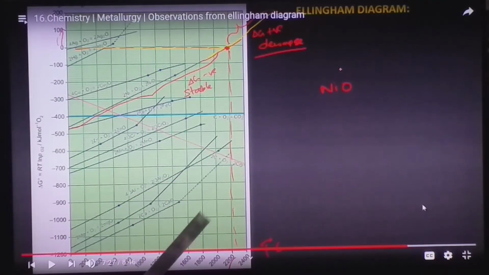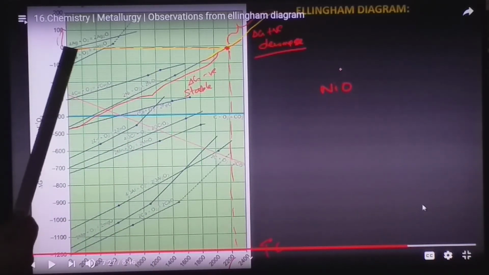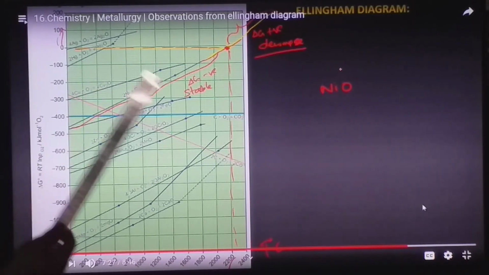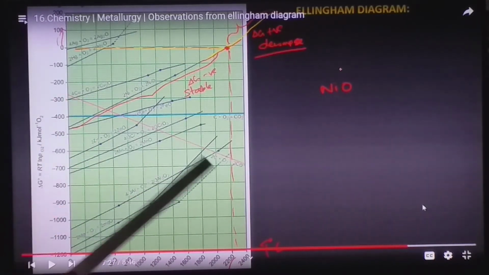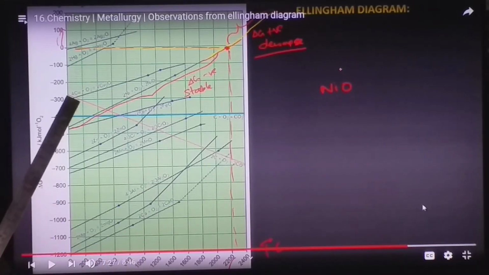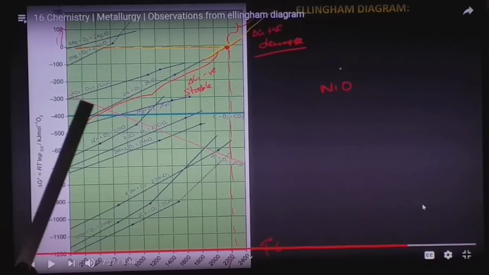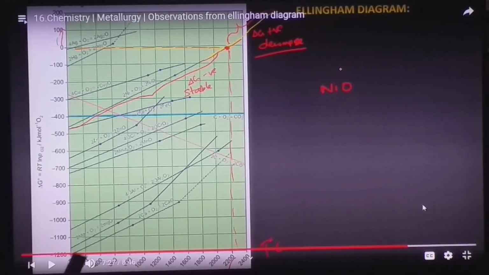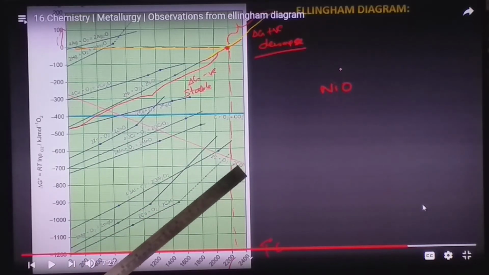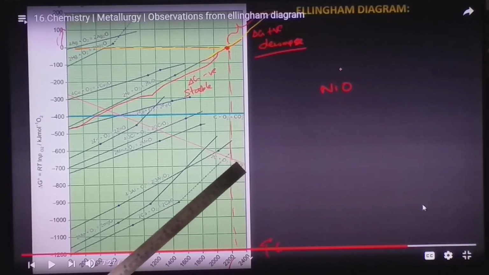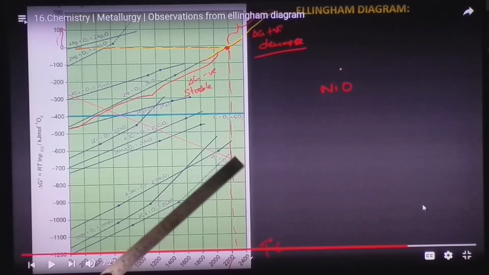So for those metals, the oxides are stable only in the range from 0 down to about minus 1200, except the formation of carbon monoxide. Here you see it moves fully towards the negative value. It crosses 1000 to minus 1200. Definitely the formation of CO will be favorable, so all the values will be negative, and CO is used as a good reducing agent.